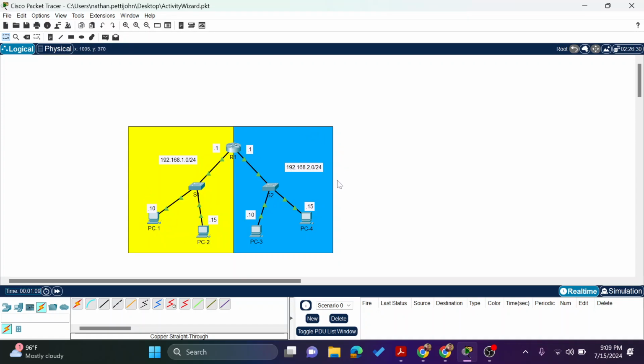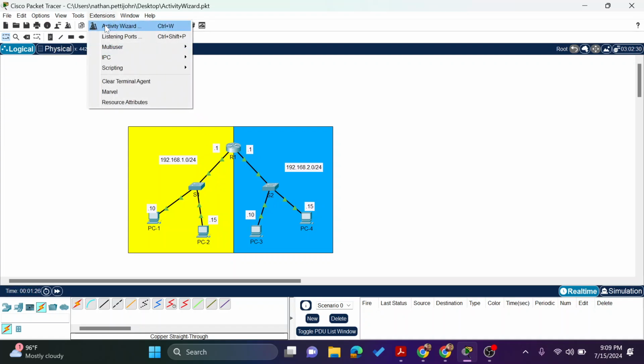So the first thing you will build is the actual final thing that your students will be done with. It's like creating the teacher answer key, right? So this is all working. Everything can ping everything through the router. It all works. So what we're going to do to get started is go to extensions and click on